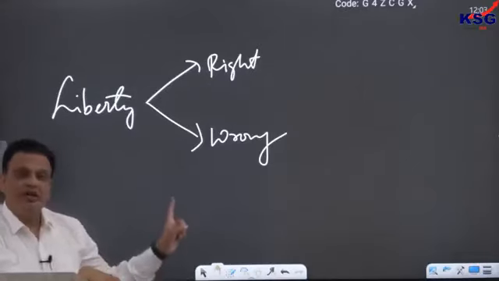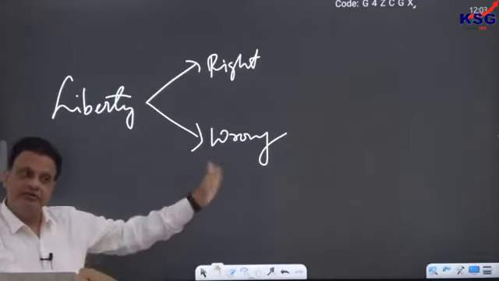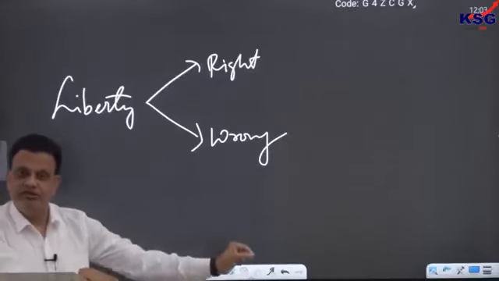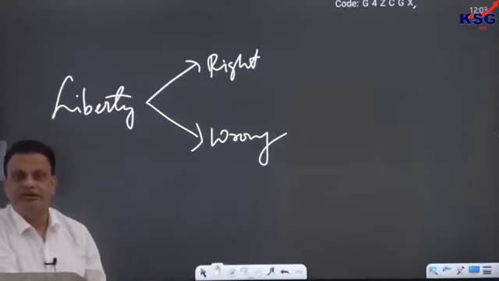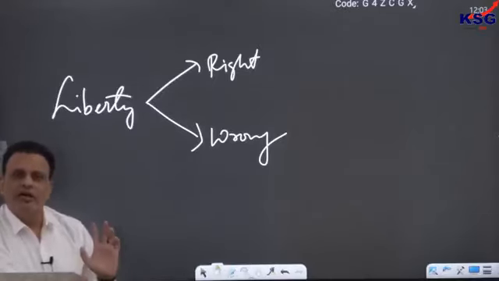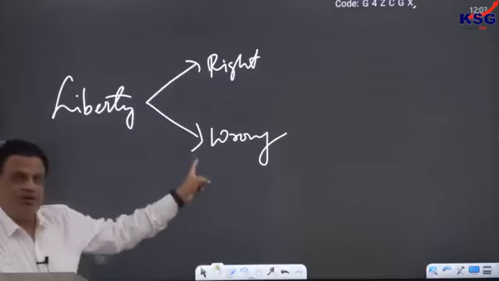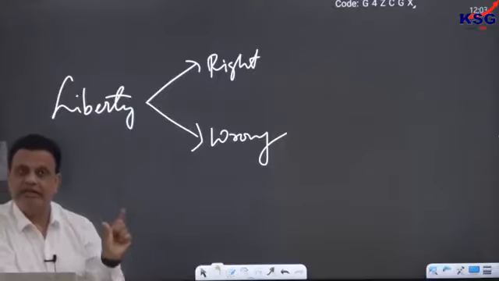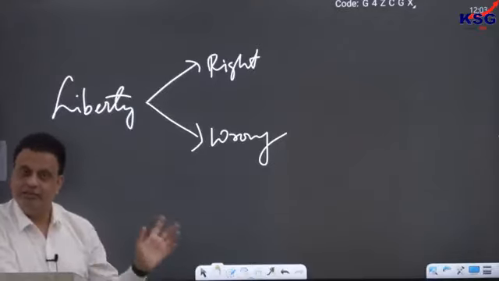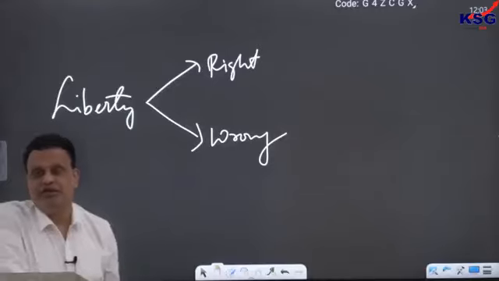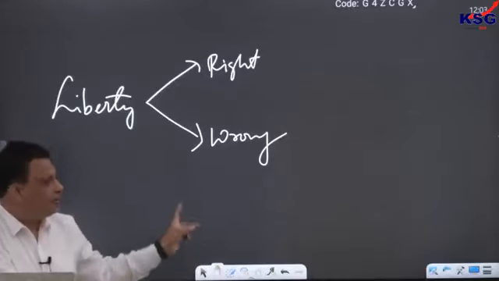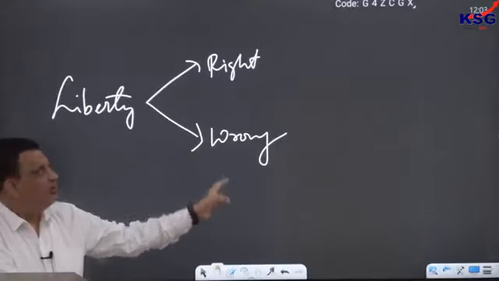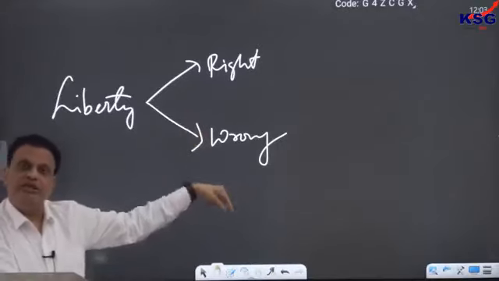So liberty does not mean that you have to agree with everybody. Liberty means that even if you think the other person is wrong, you should defend that person's right to be wrong. That is what Mill will say about liberty here. Now, the next important thing is about these so-called wrong people. Remember, whenever I use the term wrong people, I am always qualifying it with so-called, and that is an important and deliberate word. Why is it deliberately important? Because nobody knows who is 100% wrong. Right and wrong is a very complicated thing. Somebody who is right today can become wrong tomorrow, and what is wrong today can become right tomorrow.